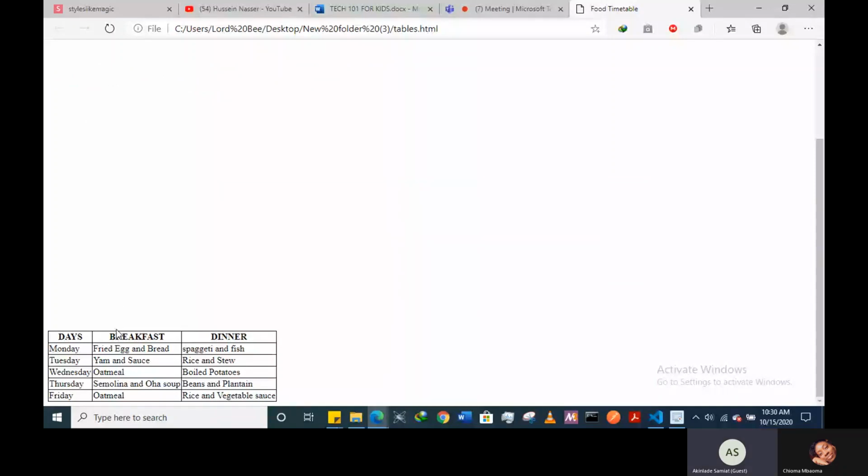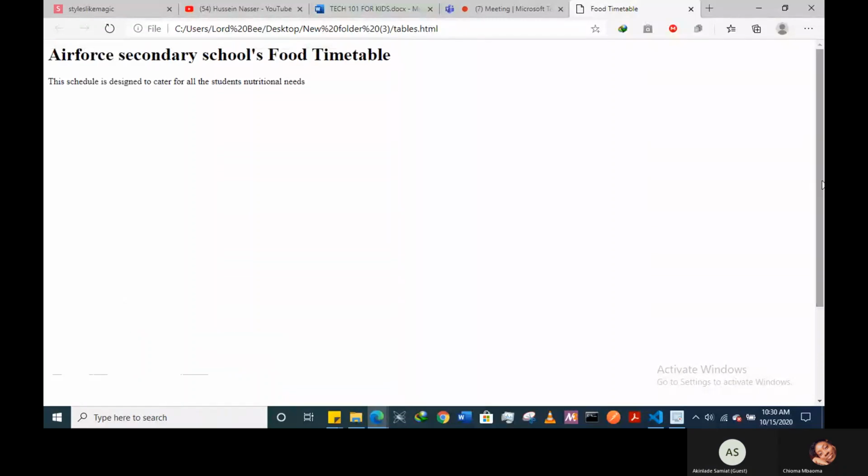Okay. Now, let me explain how percentages work. When you use a percentage on something, it takes the percentage of the width or height, maybe 50% now. It takes 50% of the